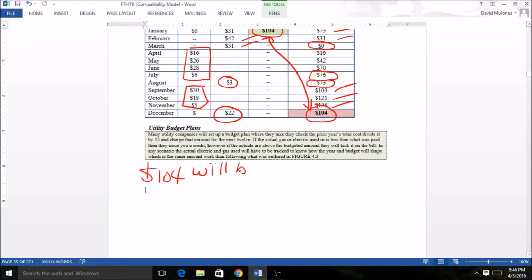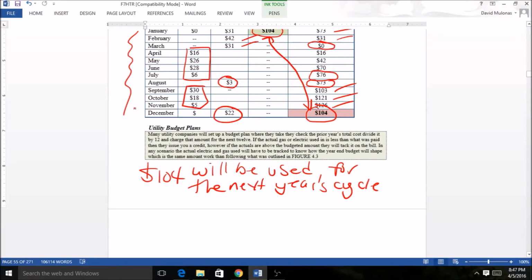will be used for the next year's cycle. Even though you have added cash up front, the beauty is you don't have to reestablish it in the next year. This $104 will now be right up here as it was last January. And that way, again, we have a consistent number, we have a consistent cash flow, and the bills are covered. Again, this is just a way to say, hey, I know I have predictions here, I'm trying to keep consistency, but again, this lets you have a bird's eye view and keep an eye on things. So again, the value of this is undeniable, and this is a great way to have consistency and understanding